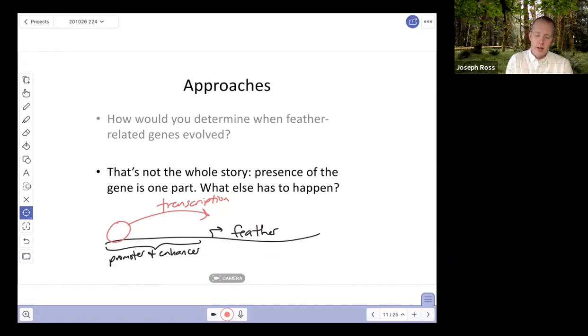It's very likely that a lot of the time, mutations in regulatory sequences that change where that gene is expressed, that change when during development the gene is expressed, for how long it's expressed, in what tissue it's expressed, and so forth. Those sorts of changes often seem to underlie evolutionary change. So we need to consider both of those types of changes. Changes to the coding sequence,